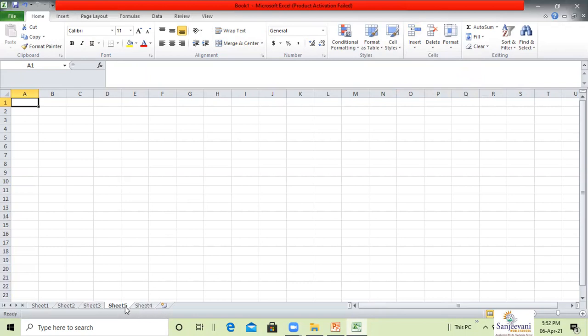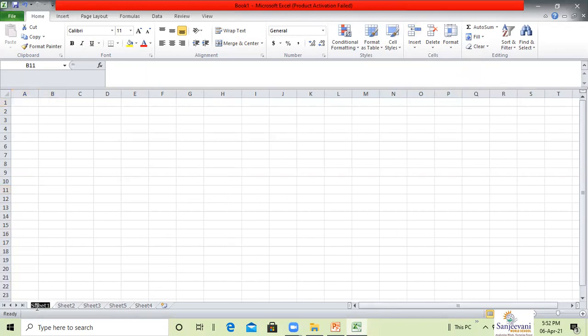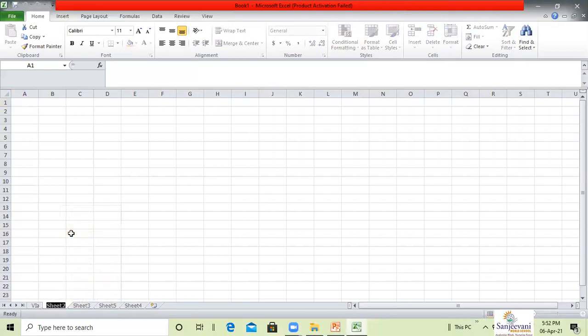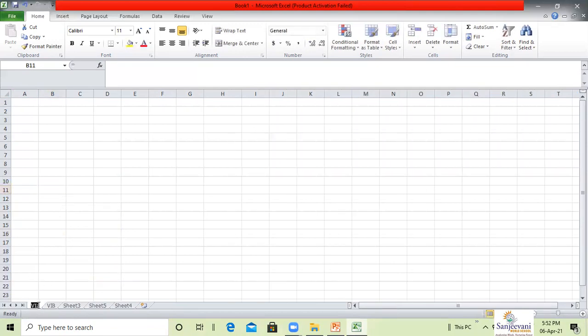Then renaming a worksheet. Double click the name and you can enter the name of the worksheet, for example, 6A. You can also right click on it and select Rename to give a name. I can name this 6B.